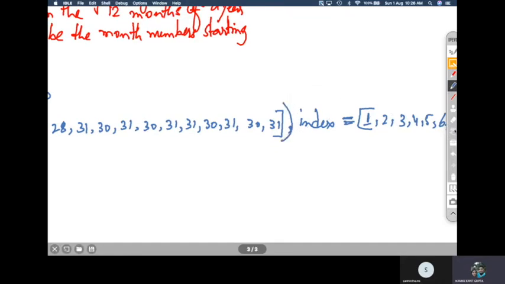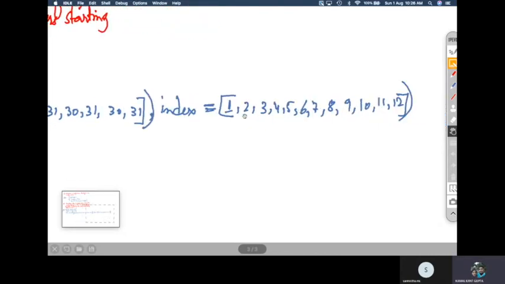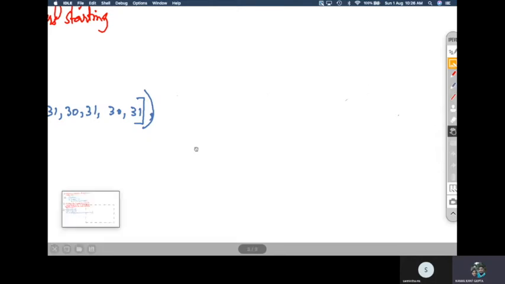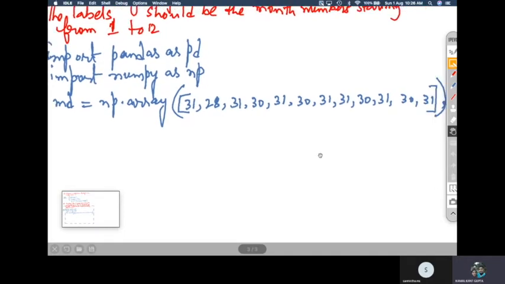This index will be passed in the series syntax, right? We have not created series, we have created a numpy array. So we will not pass the index parameter here, right? Index parameter is in the series function. So this is wrong. It should not be written here. Instead, we will just create a numpy array, and using that numpy array, we will create the series. Now we will create the series in the next line.